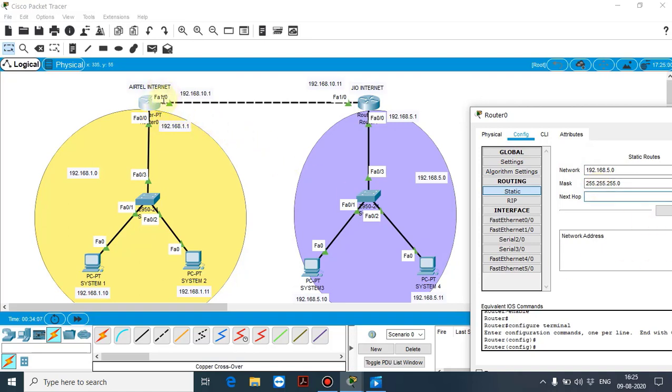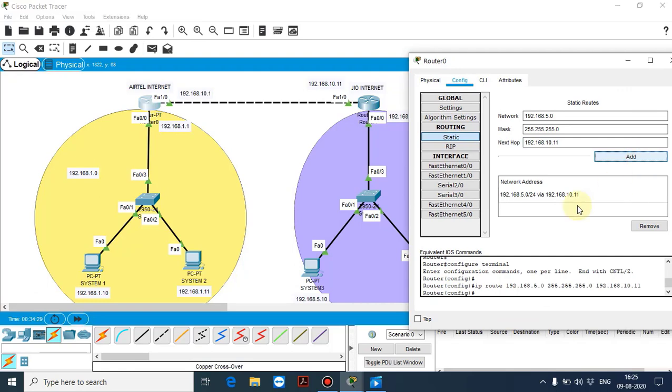This router is connecting directly via this port, so our next hop is the next port. The data will be communicated to this network via this port. So this port's IP address is 192.168.10.11. Now click add.